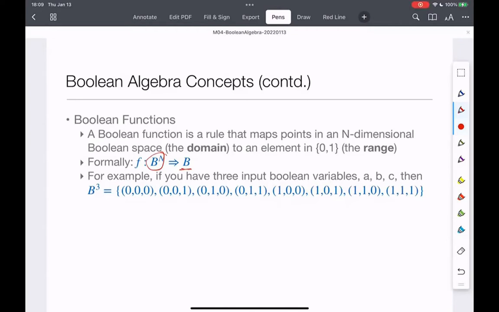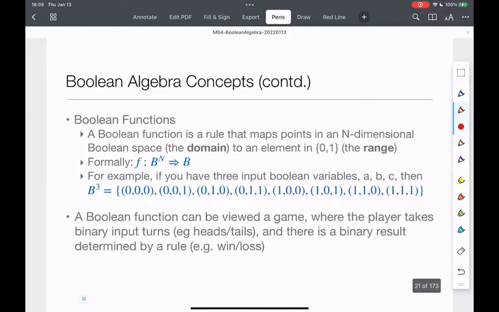You see that it is going from a set which consists of all possible assignments to those 3 variables. In this particular case, there are 8 of them. That's what you see out here. Then this is B3 in this case. Okay, so